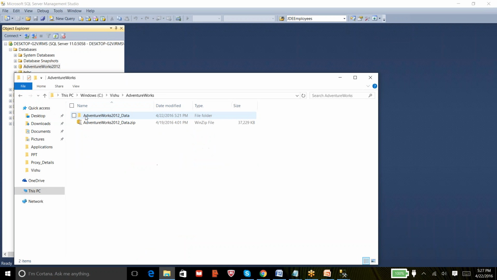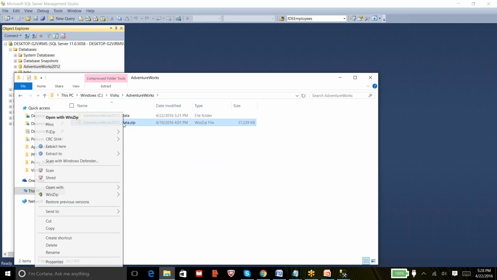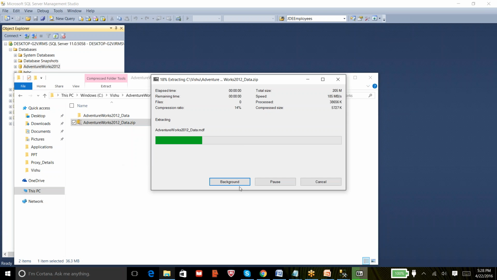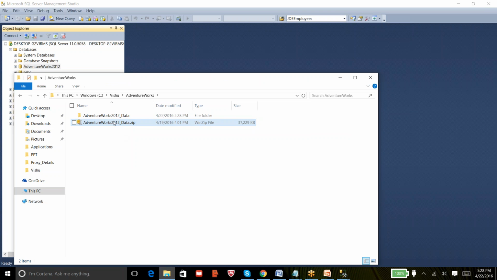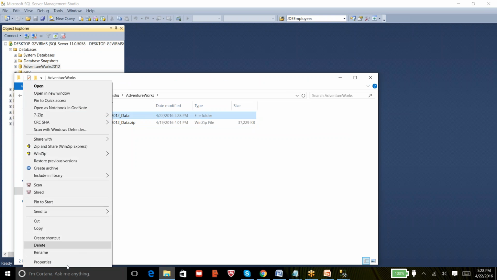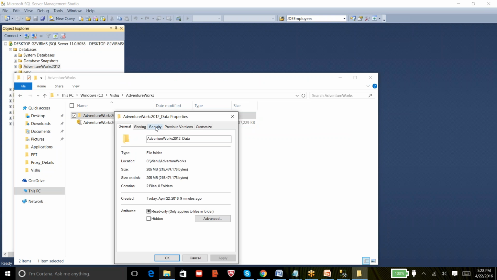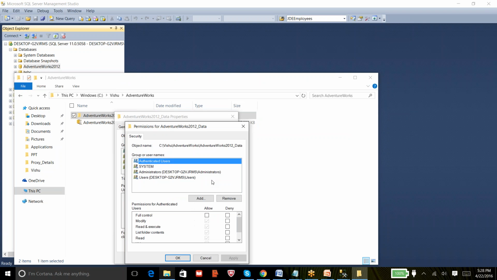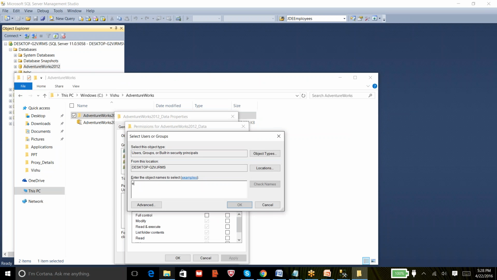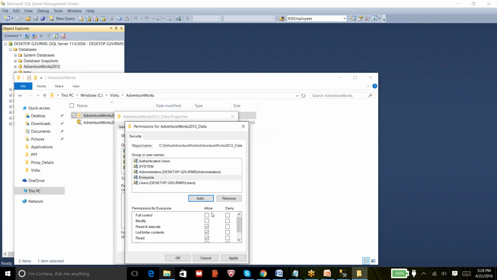So what we can do is have the folder here. I can unzip the files quickly and show you here. Okay, let me provide permissions on this. Full permissions.